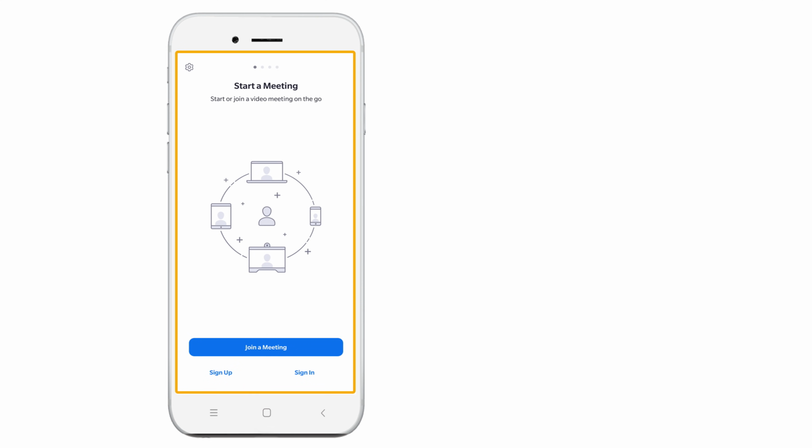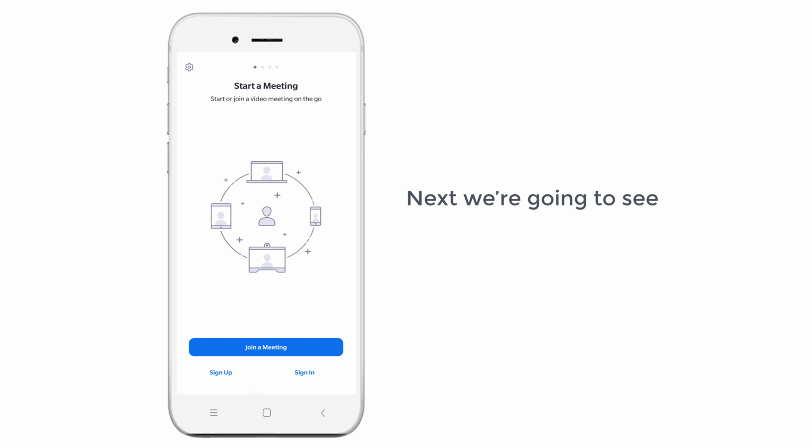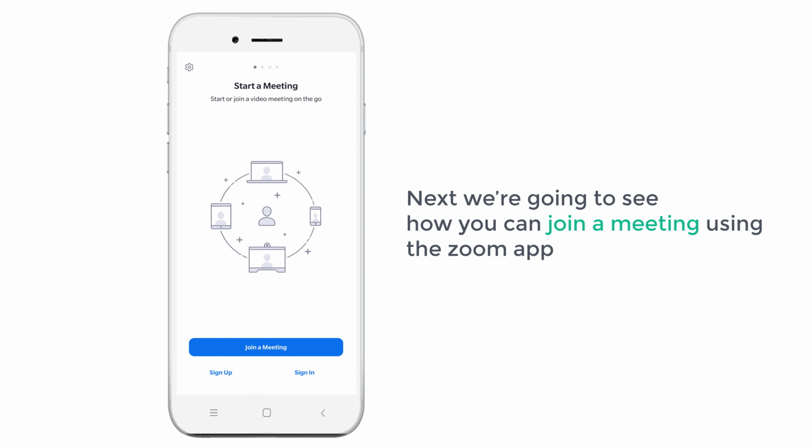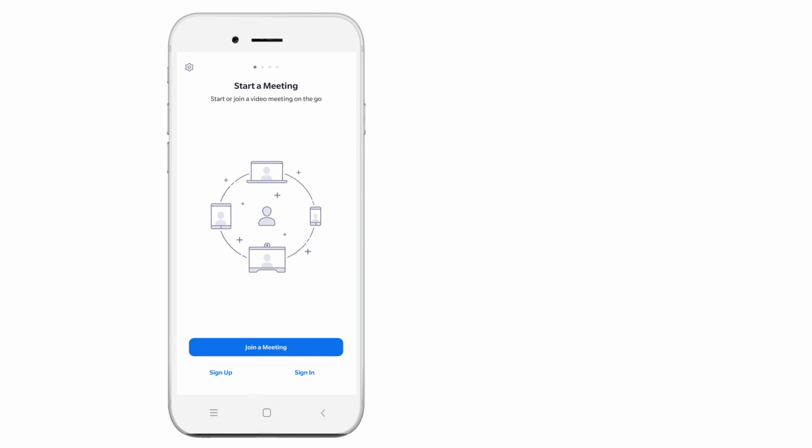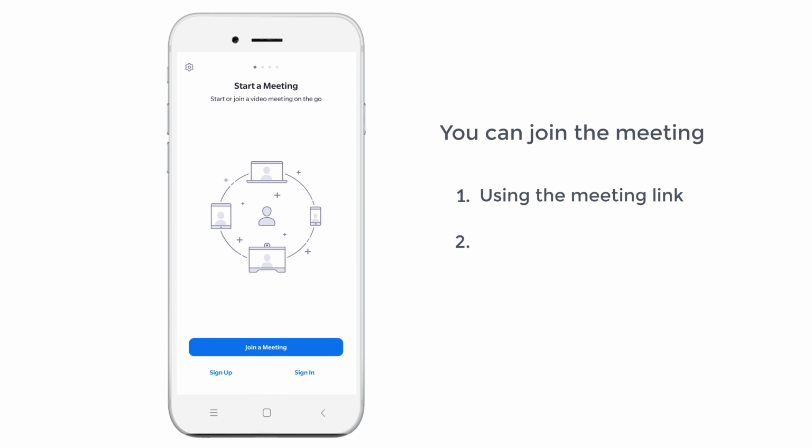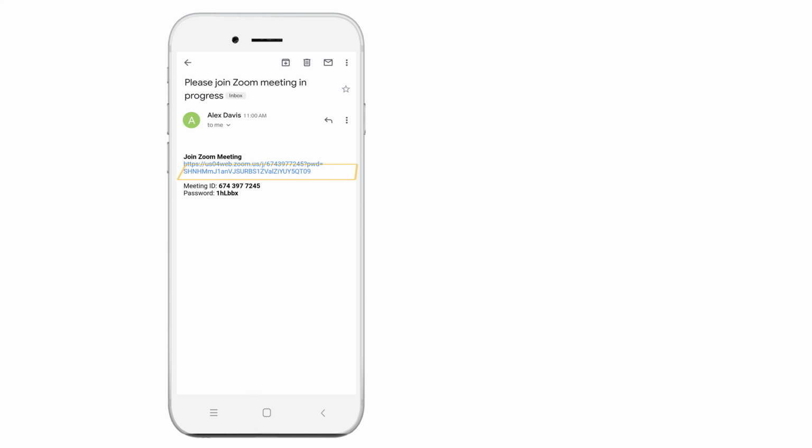So once you've installed the app, next we're going to see how you can join a meeting using the Zoom app on your mobile phone. As you know, you can join meetings in two ways. First is using the meeting link, and next is using the meeting ID and password. Now if you have the link to the meeting like this, just click the link